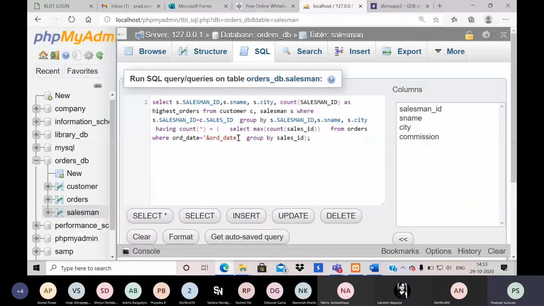What we are trying to do here is find the maximum orders first. So maximum orders on one particular day, we need to take that and group that with respect to some salesman, and I need to find the maximum sales on one particular day. So which day, we don't know.